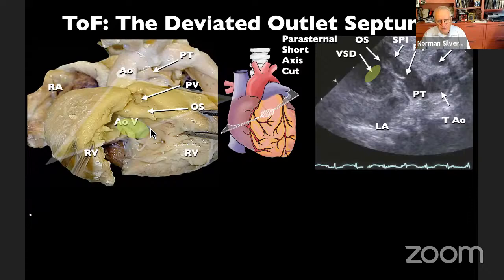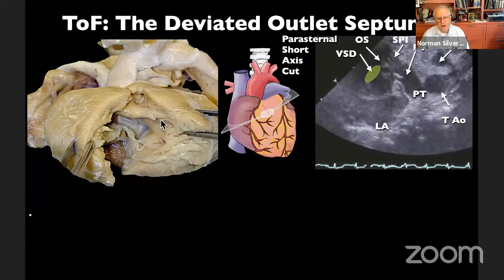And here again, you see the scan plane in parasternal short axis view. You see the aortic valve through the scan plane of the ventricular communication, cradled in the arms of the septomarginal trabeculation with the posterior extension, making it perimembranous. The pulmonary valve is seen over here, it's bicuspid. The aorta is not seen, it's arising off here. We could see it a little later when we take the scan colors away.